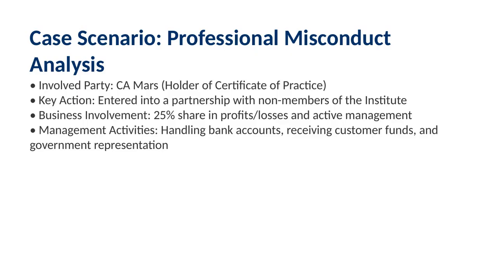Starting with the legal provision, you need to cite Section 141(3)(f) of the Companies Act, 2013. This section clearly states that a person is not eligible for appointment as an auditor if their relative is a director or is employed as a director or key managerial personnel in that company. Now, it is crucial to mention that the definition of a relative specifically includes a husband and wife.